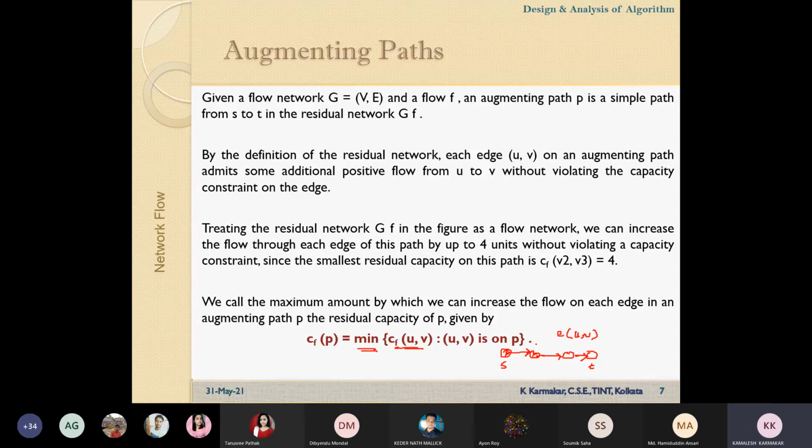Now after finding an augmented path and determining the maximum flow of this path, you have to update the graph as a residual graph, and from that residual graph you have to update the information. From the residual graph again you have to find an augmented path. So this is what an augmented path says. Do you understand what an augmented path is?